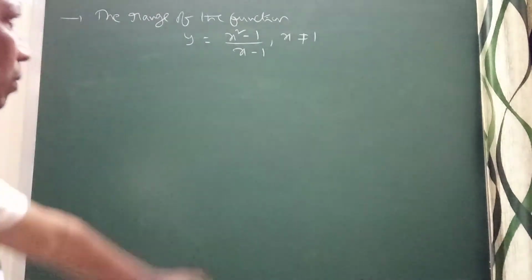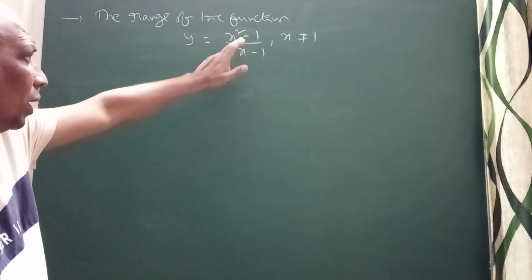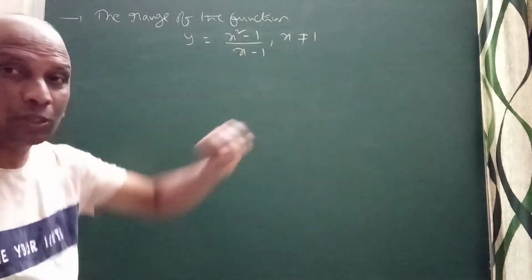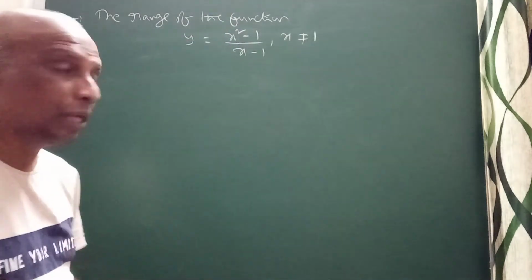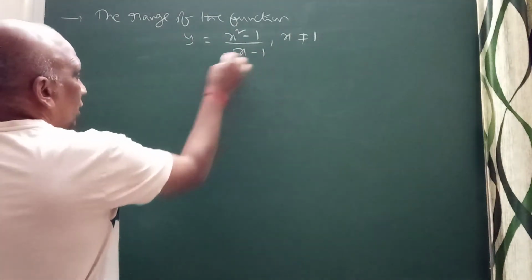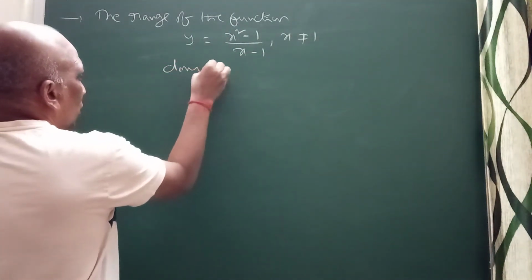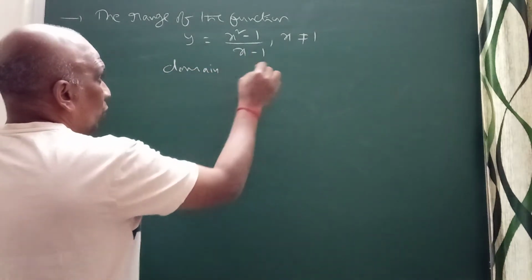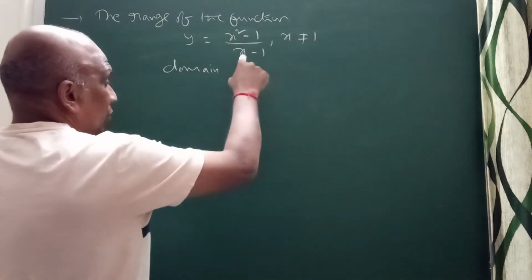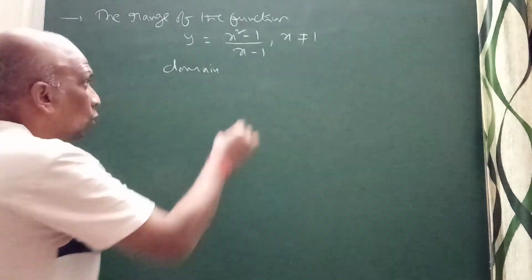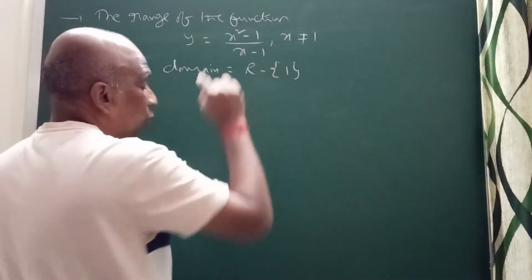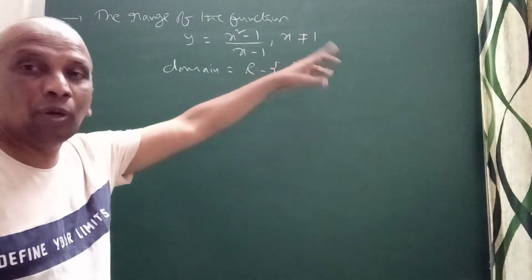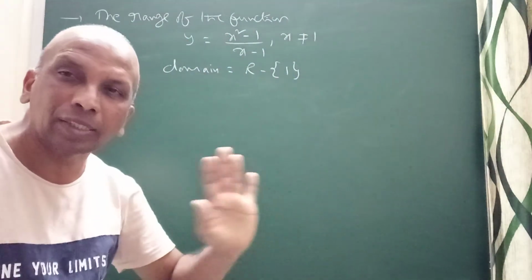Now in this problem, range of the function y equal to x square minus 1 by x minus 1, x not equal to 1. Observe here. Here think about the domain here also. What is the domain of this? So when they are talking about domain, here x should not be equal to 1. Even x not equal to 1 is given, right? Otherwise it should not be defined. So domain is equal to, clearly we know that R minus singleton 1. I can't take 1 here, right? So x not equal to 1 means you can take any value of x except 1.